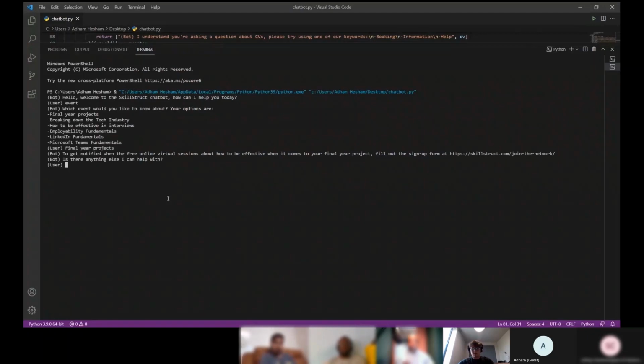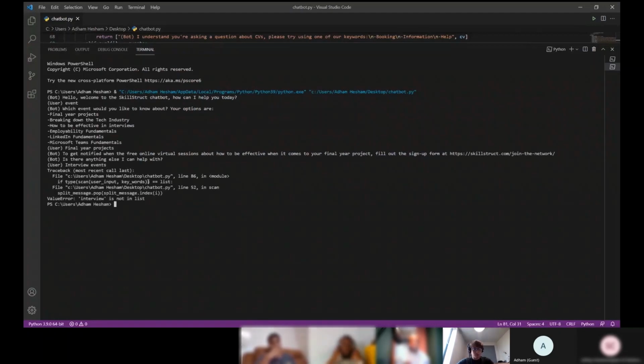For the next input, we're just going to give a little case study. If the user would like to go to an event regarding interviews, we've got interviews as its own separate dictionary. So if they'd like to receive a service for interview preparation, we've got that. But if they wanted to attend an event about an interview, that might cause conflict, but we've sorted that. So if Adham would like to do interview events, that does not work. The problems of doing it live.